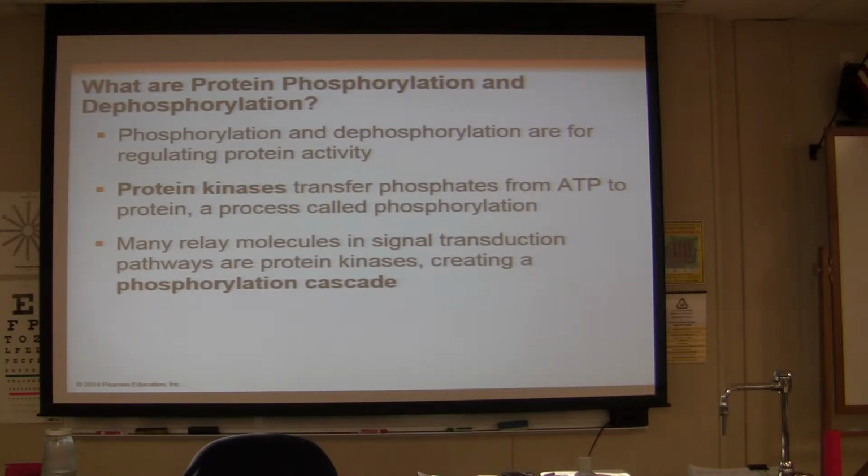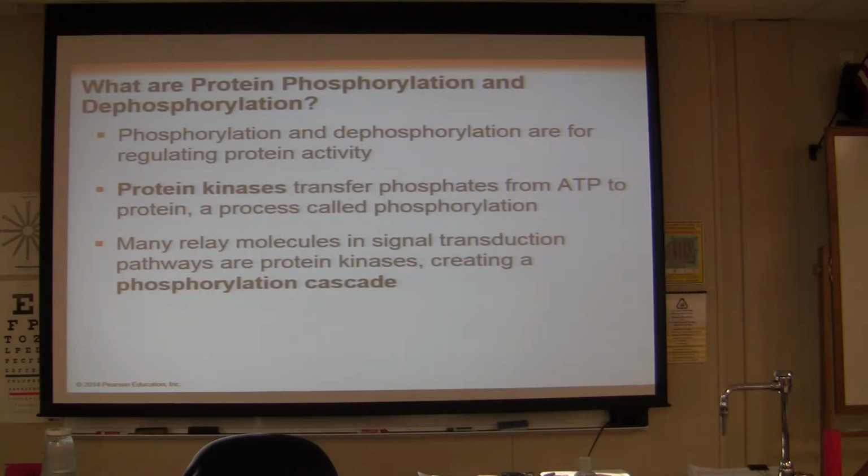Where does phosphate come from? It comes from ATP. And then when the phosphate goes away, that protein molecule becomes deactivated. You just saw one on the cell membrane. You saw one on the cell membrane that was tyrosine, right? GTP, tyrosine kinase, I should have said. Okay, so